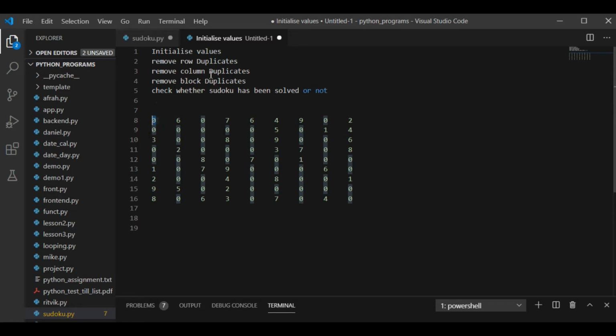So in the very first step, we are going to initialize the values which are 0. That means all the blank spaces, I am going to put all 9 values in that space. But as we know that is not possible, because each cell can have only one unique value.